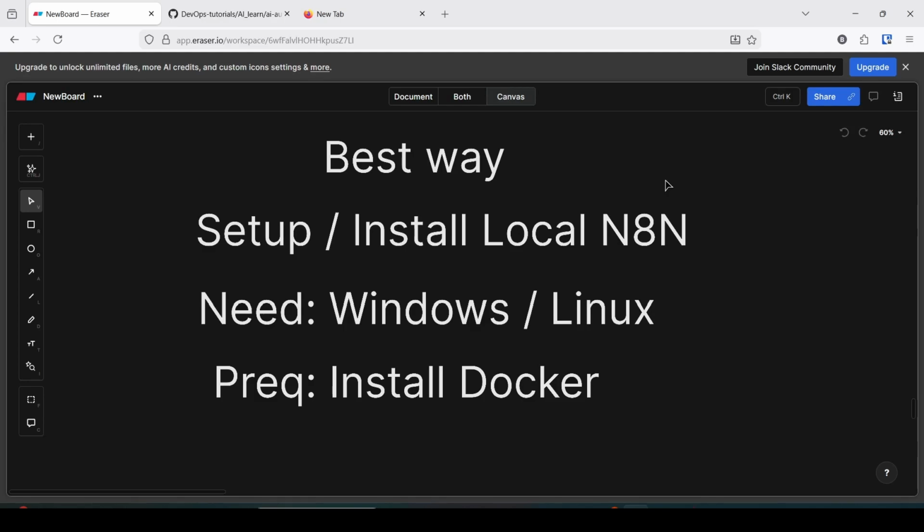Hello everyone, welcome back. In this video, we are going to learn how to set up or install local n8n. n8n is an AI automation platform. You can create workflows with this application. To install local n8n in your machine,